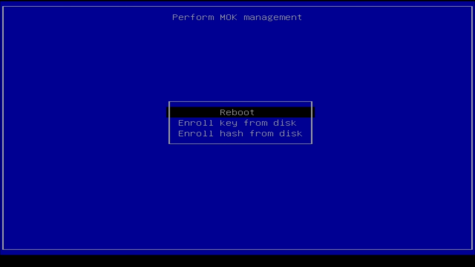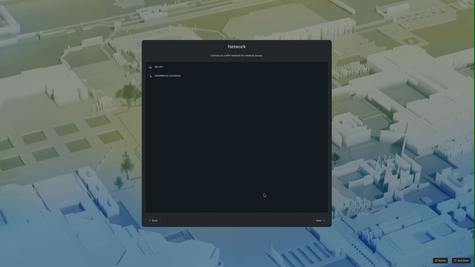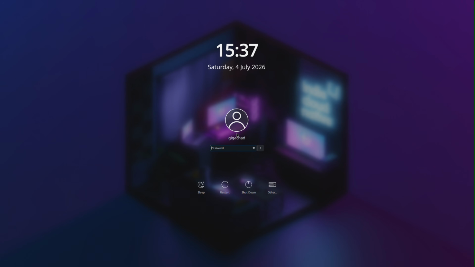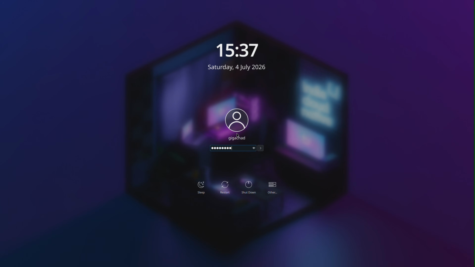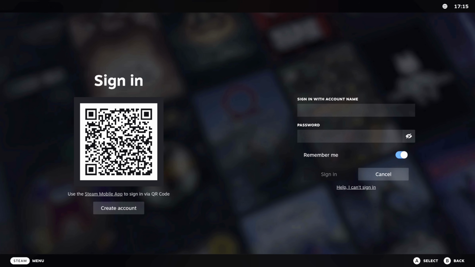You will boot into the welcome screen for Plasma Desktop, set up your region and keyboard, etc. Then connect to your network if not already connected, and click Next and then Finish. You should now load into Bazzite. If you chose the regular desktop mode, you just sign in as normal with the password that you set up in the installation wizard. If you chose the Steam gaming mode, you'll be prompted to sign into Steam, and then